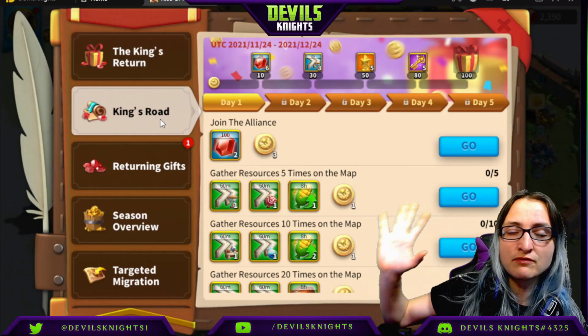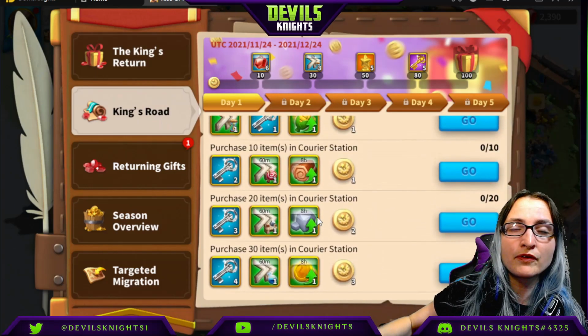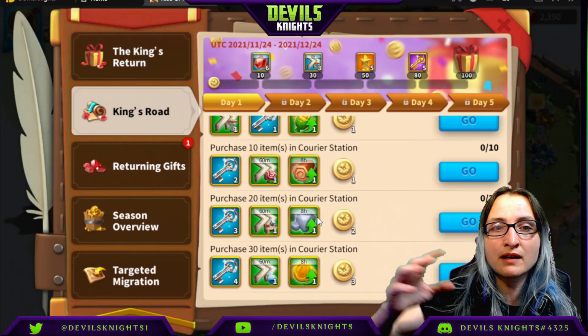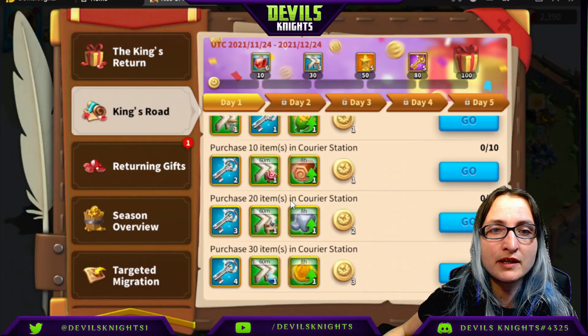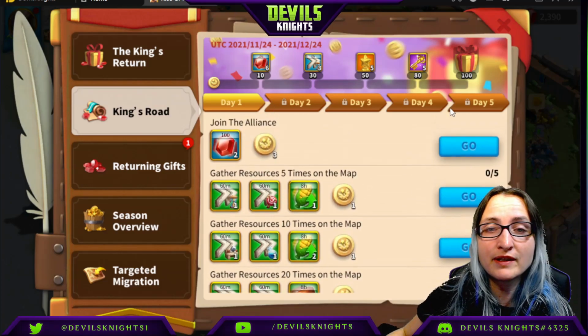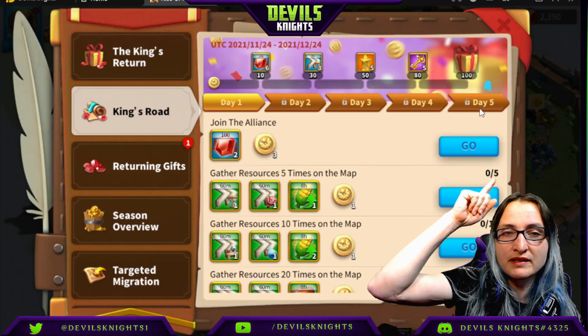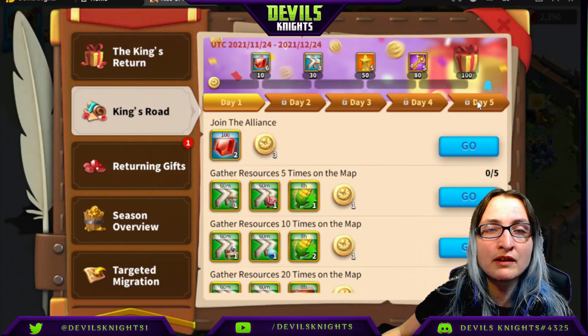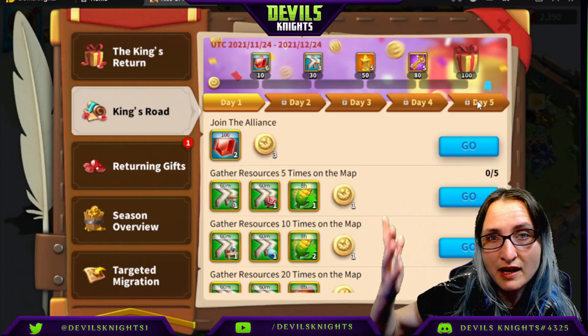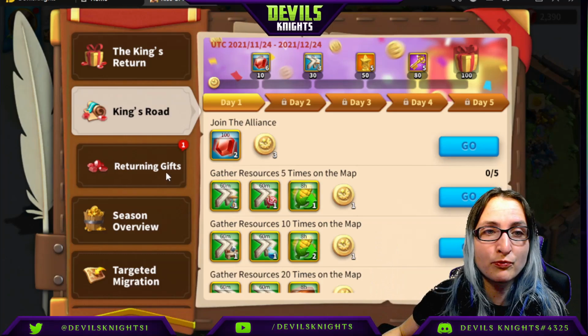Now, this is the King's Road event, which comes with a bunch of different options, and we'll go over it on another account that I have already unlocked, which will give you an option here to pretty much take a look at the different type of events that you can see. Now, you can go to day 5, and you have until, as you see at the date at the top, the 24th, or essentially 30 days from today's date, and you can complete this event,